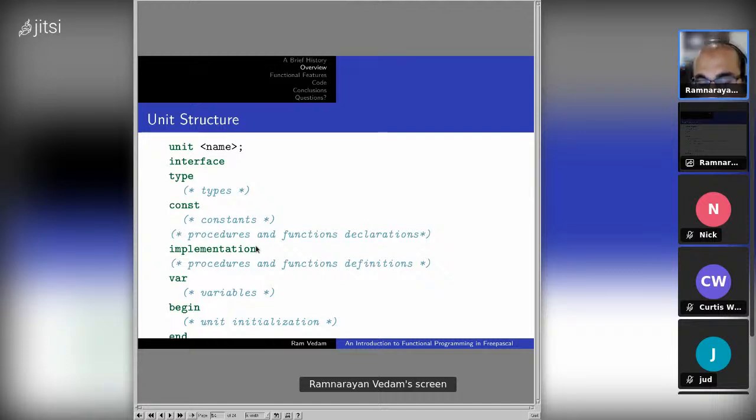One thing to note about this is libraries can have initialization routines and initialization functions. So this section here where you have a var variable section and begin, this unit initialization will happen when you do uses.